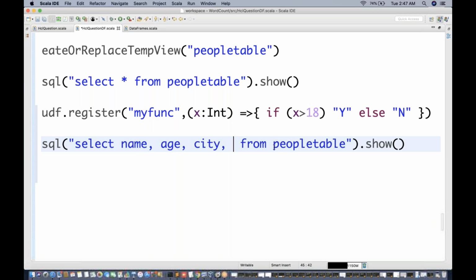The fourth column depends on age, and what we need to call is this function, my function of age. Now let's say age here is 23, my function of 23. If 23 is passed here, what will it return? It will return y, correct?